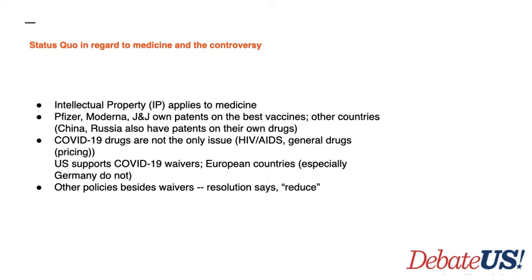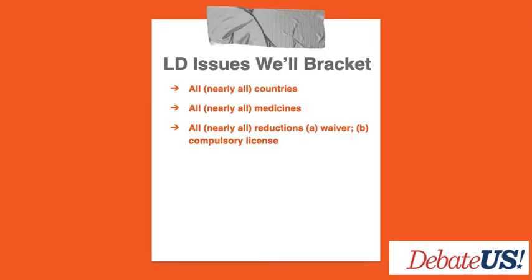You could say that they have to share it with more companies, but not just make it openly available. Obviously, in LD, there's a little bit of a controversy, which we'll talk about in a second. But generally, at least for the purposes of this lecture, we're going to debate it as a whole. I think you could give examples of the waiver and other types of things. There are some issues related to Lincoln Douglas that are controversies in Lincoln Douglas that, as I just mentioned, we'll bracket, that have come up, especially in circuit LD debate.